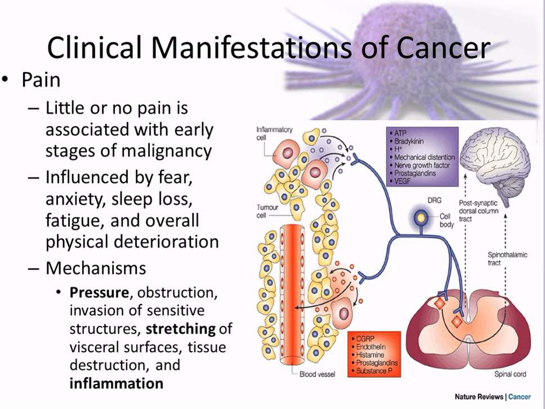And then some of the mechanisms I already have up here. Pressure, so squeezing on blood vessels, squeezing on neurons. When you squeeze the blood vessel and you decrease the blood flow to the tip of the neuron, then the neuron starts misfiring. So it could be either. Stretching, so the tumor's growing and it's pulling. It's just like me pulling on your skin. You start feeling that pain response. And then the inflammatory response, so inflammation.